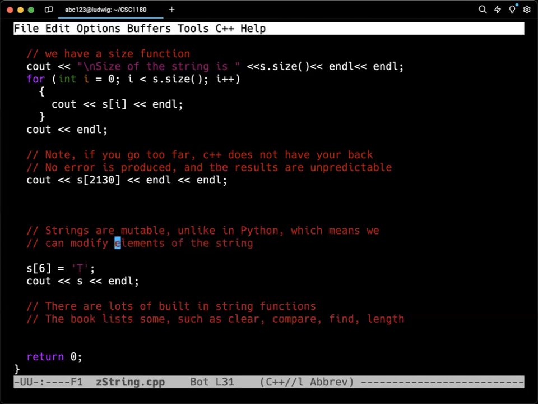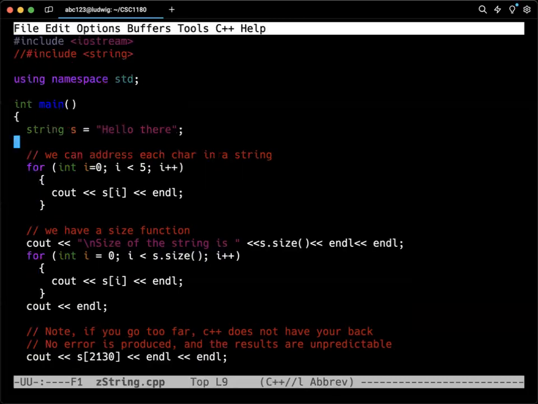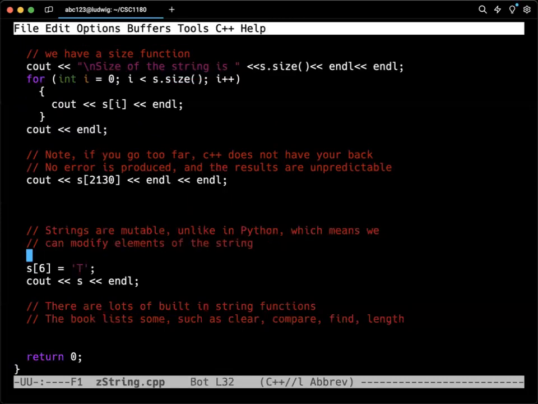Okay. So for example, if I've got my S up there, which has hello there, the sixth position of that should be the T. So again, if I count over 0, 1, 2, 3, 4, 5, 6, let's say I want to make that a capital, then I can just directly say S sub 6. So the character located in that seventh position, indexed by 6, is now going to be equal to a capital